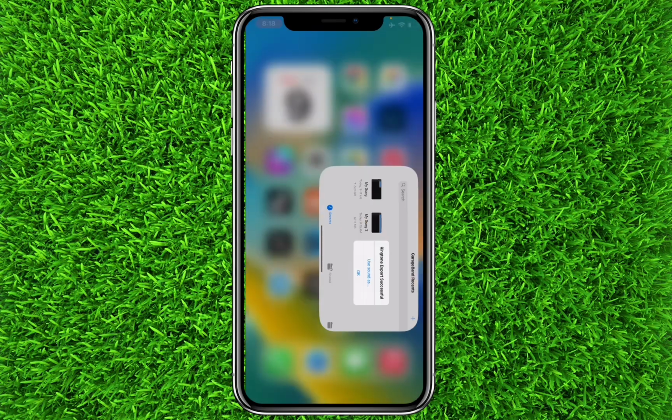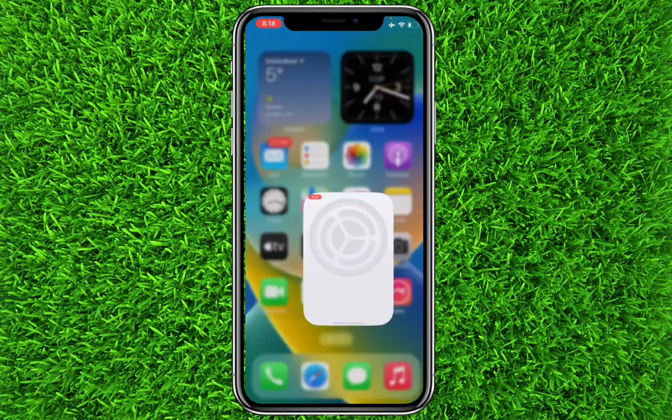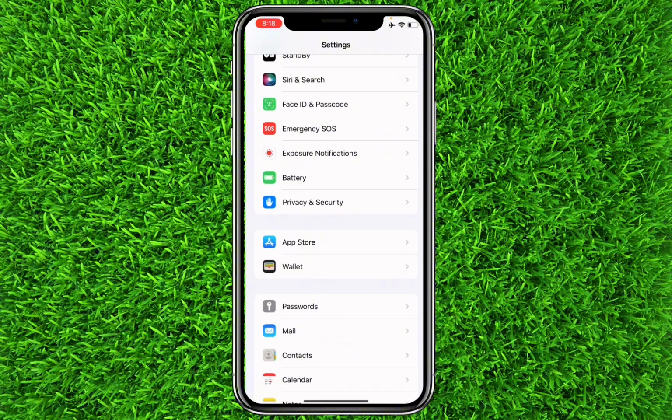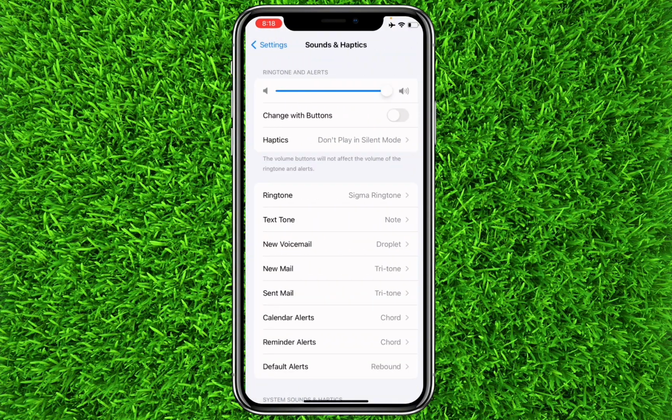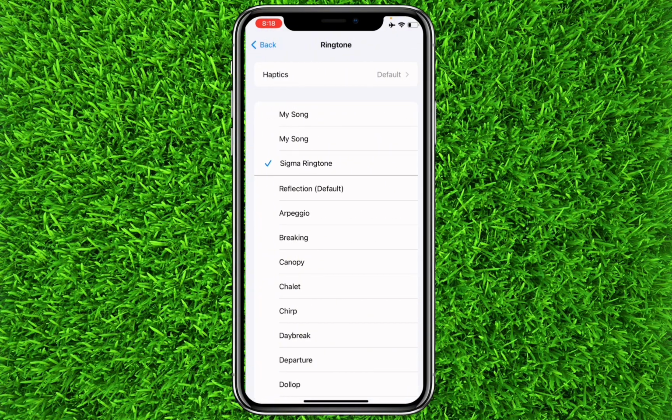Now if you go back to the settings and click on sounds and haptics and click on ringtone, you'll find a my song that I just exported. You can play it